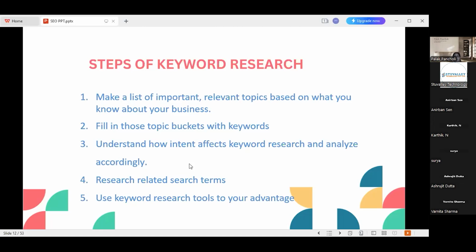So these are the things that we have to understand when we analyze these keywords on the basis of intent. Okay, then we have to find related search terms using different types of keyword research tools. Okay, is that clear? All these steps clear? How to do keyword research?